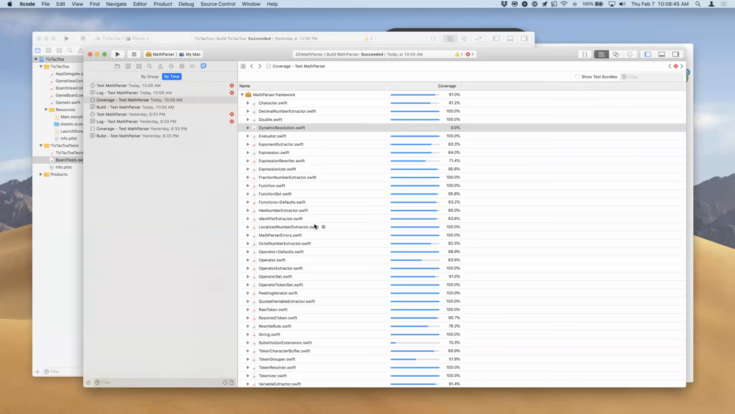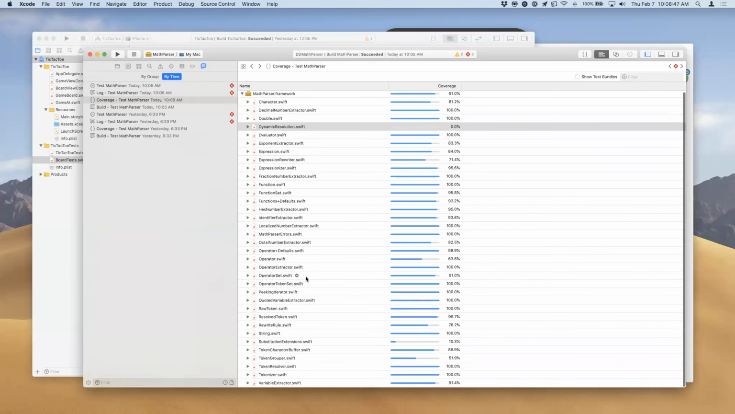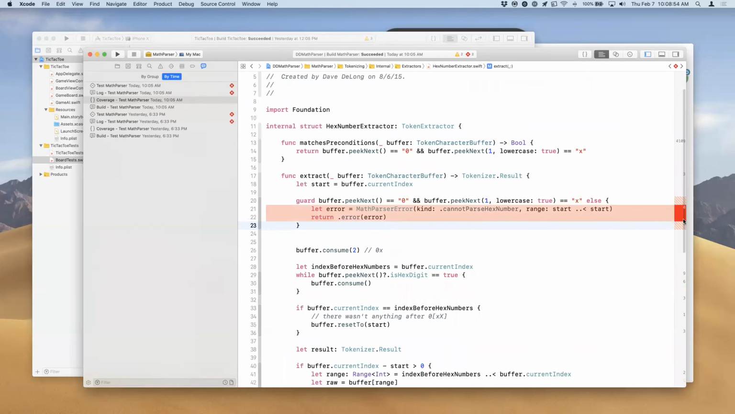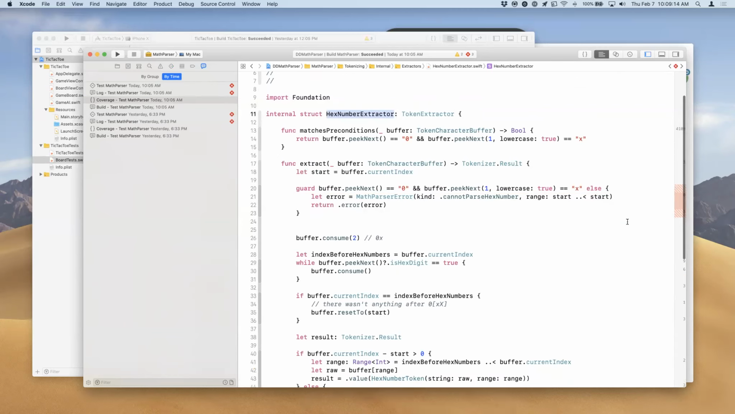Let me see if I can figure out. I had one. Here we go. Hex number extractor. This is part of the parsing that just looks for numbers that are written in hexadecimal in the string. And I see that there's a part in here that's never tested. It says 0 for the number of times that it was executed during my test. And you might think, well, maybe I could come up with a test to